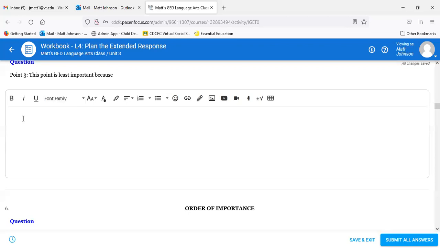And this point is least important. I don't like "least important" as far as what you've picked, again, right? You have more reasons or more points that you could use than others. So it's less that it's the least important, as it is the third strongest. That's the way you want to think about it, that you're using the three strongest points. But we'll say,